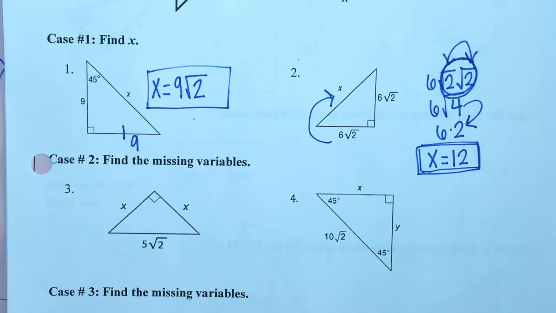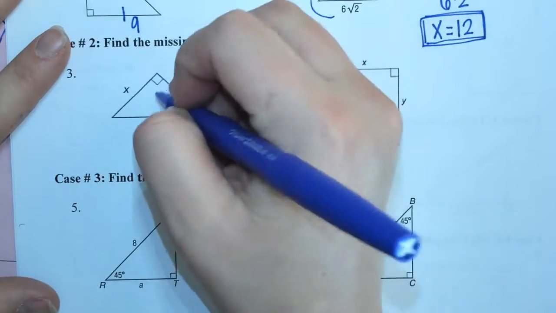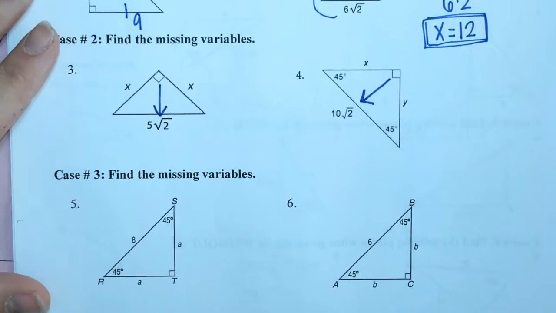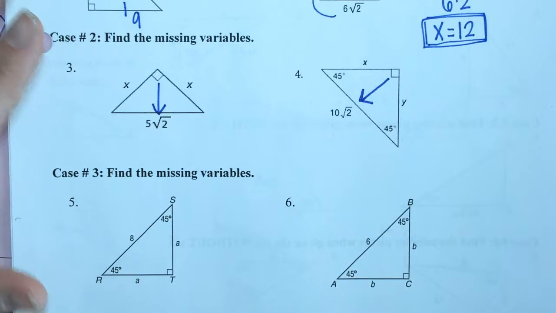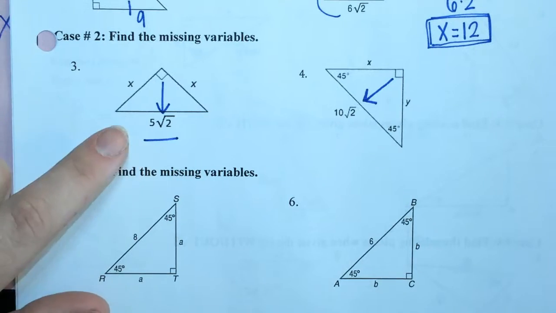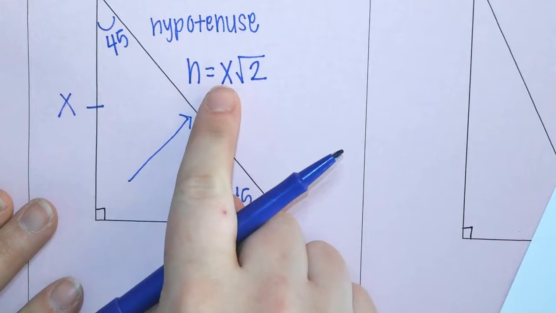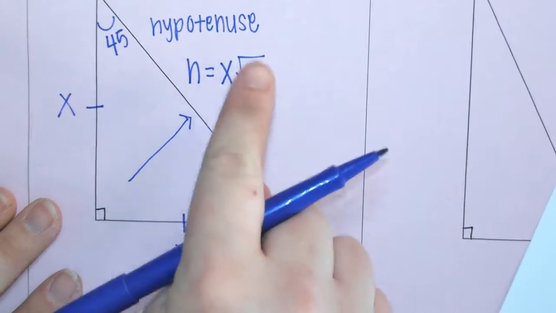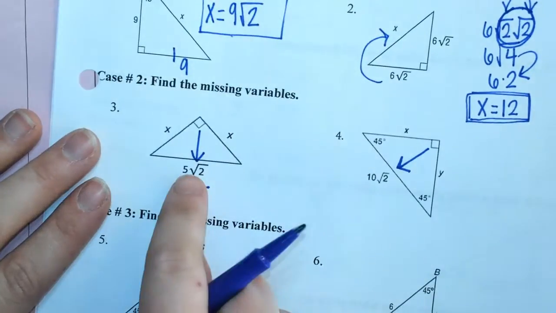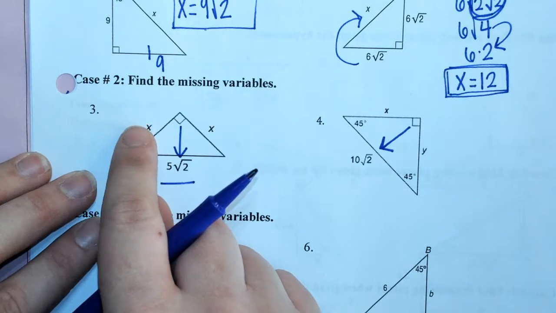Case 2 is good. You like case 2 as well. We're not given a leg, we're given the hypotenuse, right? But it's not bad. Here's why: you're given 5 square root of 2. Our shortcut told us that if your hypotenuse is x square root of 2, then your leg is just x. So if this is 5 square root of 2, then x is just